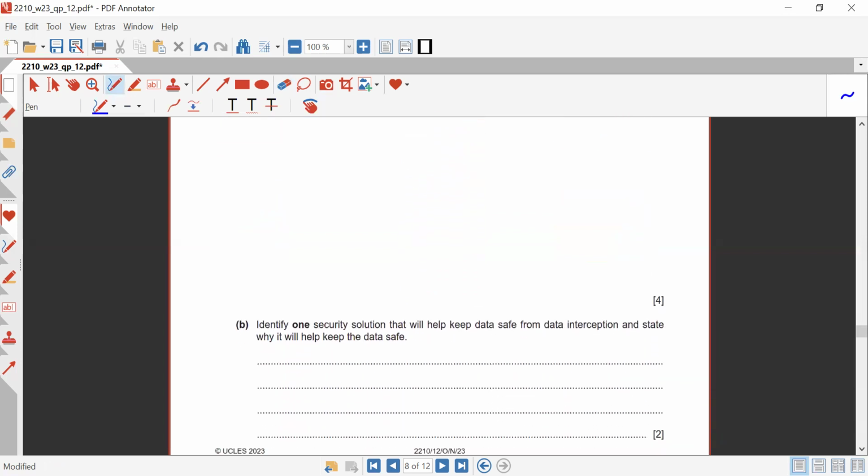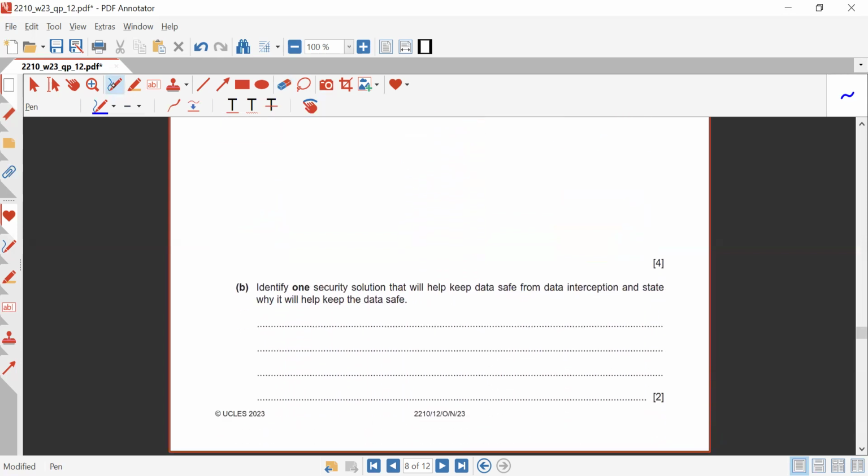Okay, now coming to the next part, it was for 4 marks. Now part B. What does part B say? Identify one security solution that will help keep the data safe from data interception, and state why it will keep the data safe. Okay, so as I said, mostly it's a data theft. So what you can do to keep your data secure even if it has been hacked, you can write: encrypt your data,